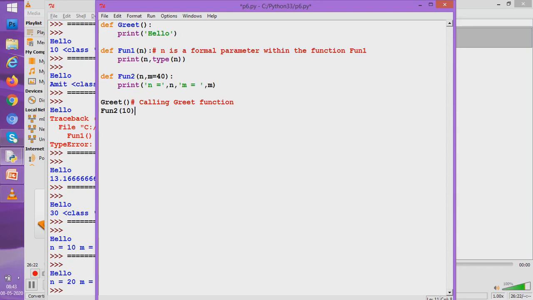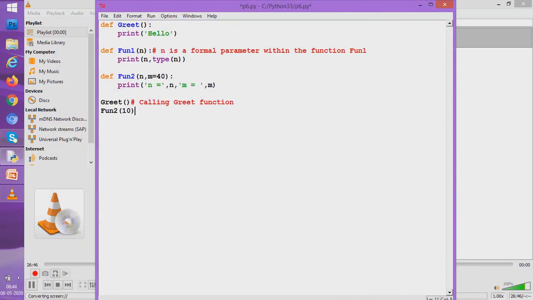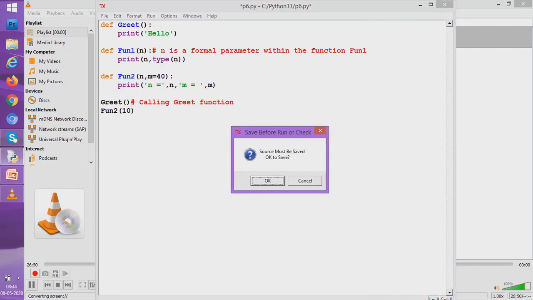Here the first parameter n is actually using the positional argument method, and the second parameter m is using the default argument method. So let us see how it works. We'll see it, students, but this given shell has been full with values, so let us remove it, and now we will run this again. So we run it.